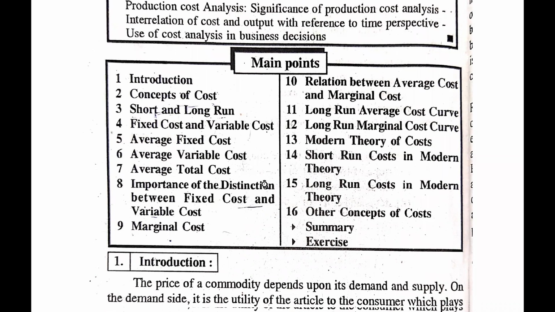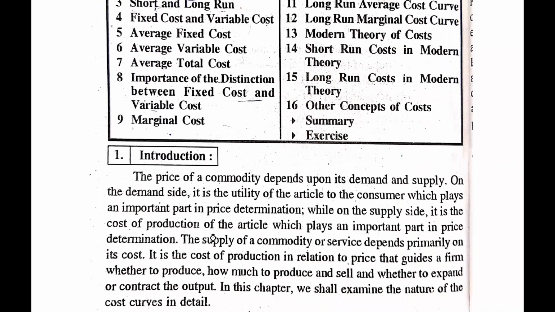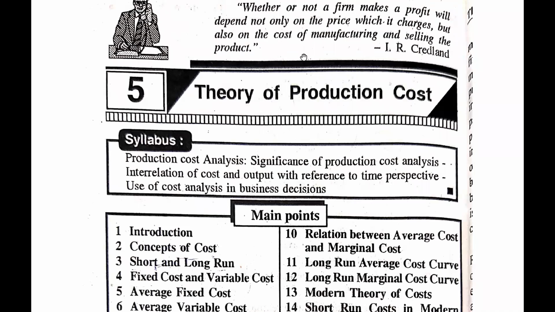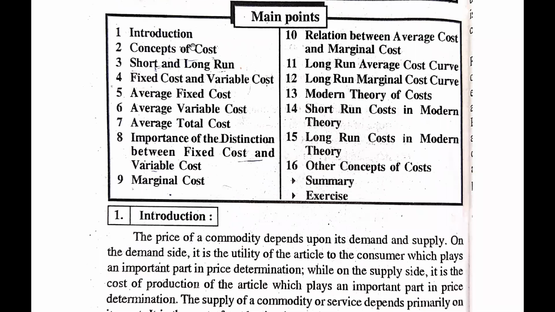So guys, here we are going to start with the basic introduction of theory of production cost. The title is also quite easy to understand: the cost that we incur during the process of production is known as production cost, and how it is important for study, and what are the different things that are considered in this production cost, that we will study in this chapter. Here we can see introduction, and after the introduction, concept of cost, what is cost,